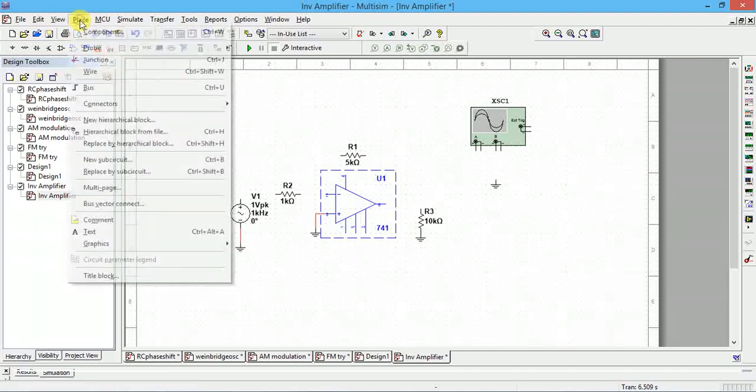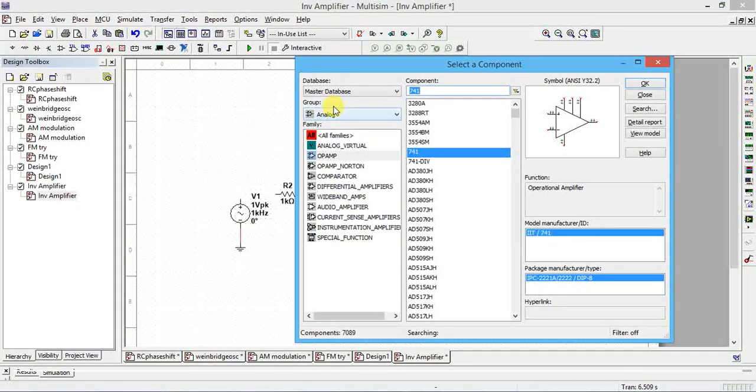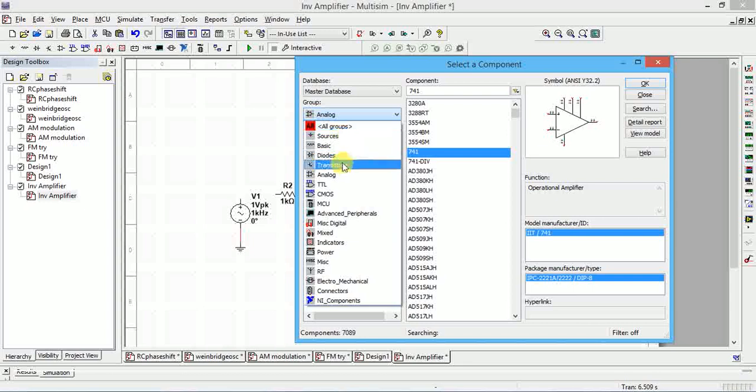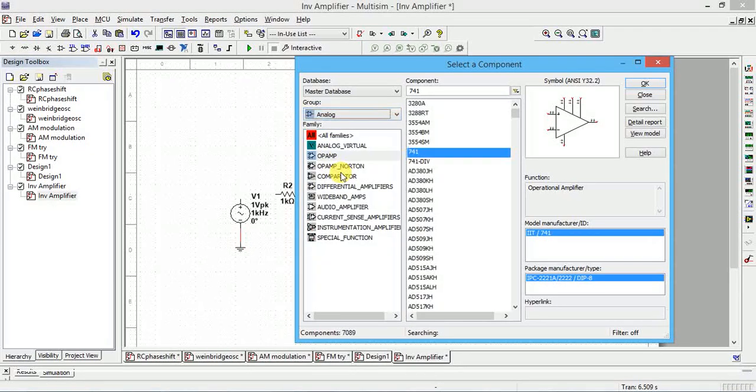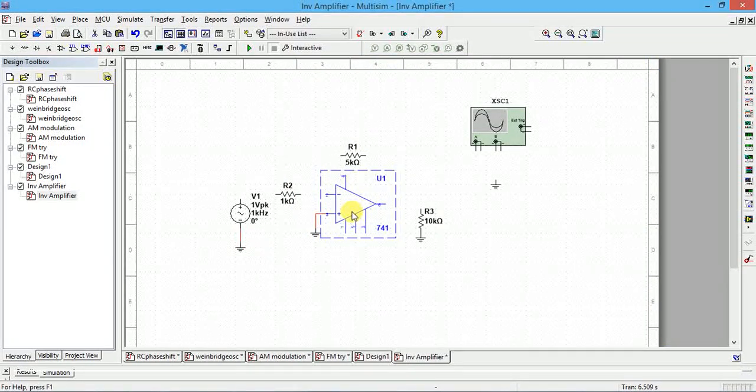Go to place component, select group analog, then select the 741 IC. The op amp number is 741; it is there in the analog op amp group. On the right side you have to type op amp 741. This is the component you have to pick. Click OK, you will get this one.